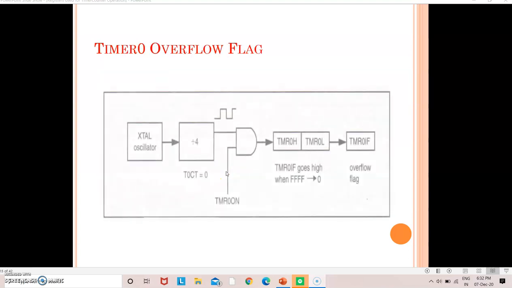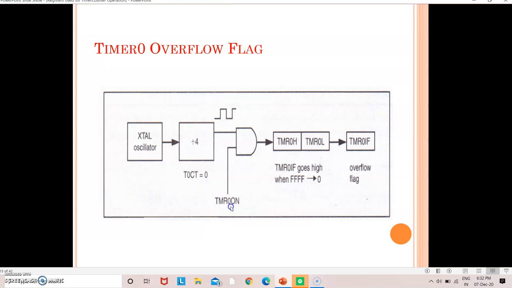Now to see the operation in more detail, as I have told you, for time delay generation, the oscillator frequency is divided by 4, and at the same time I need to check this bit, that is nothing but bit number 7 of the timer control register, which is the timer 0 on/off control bit.